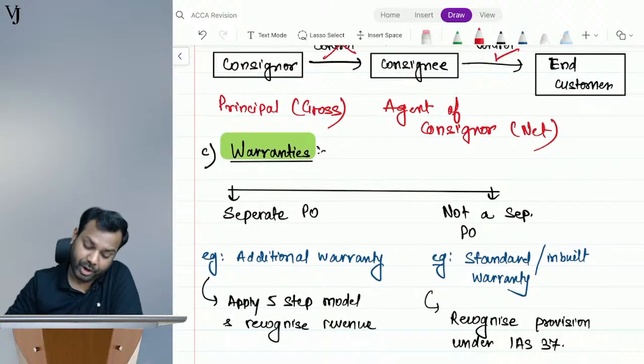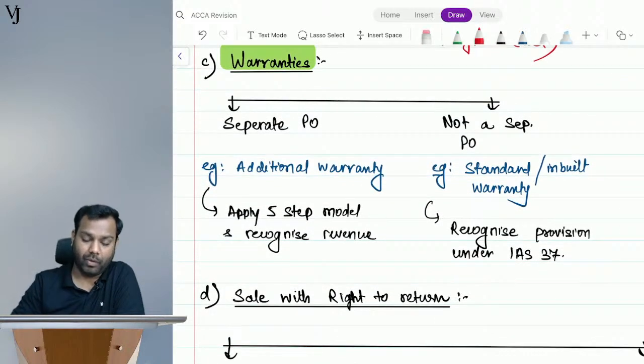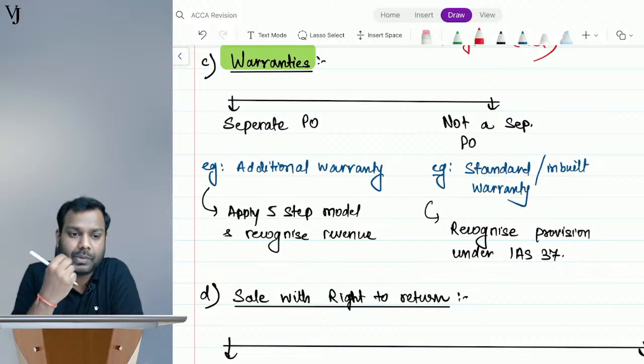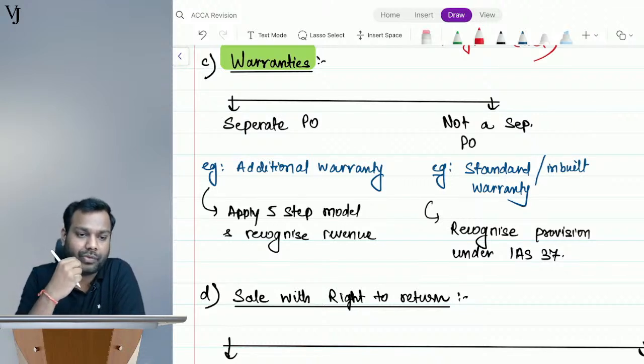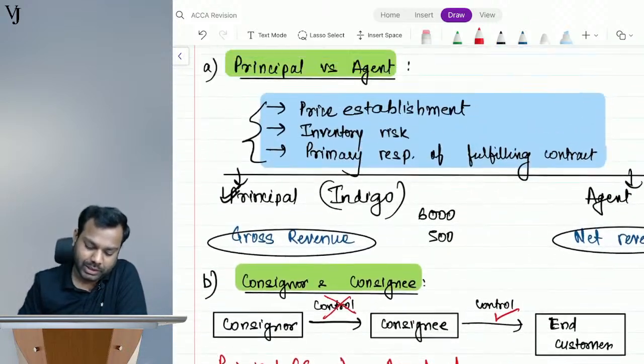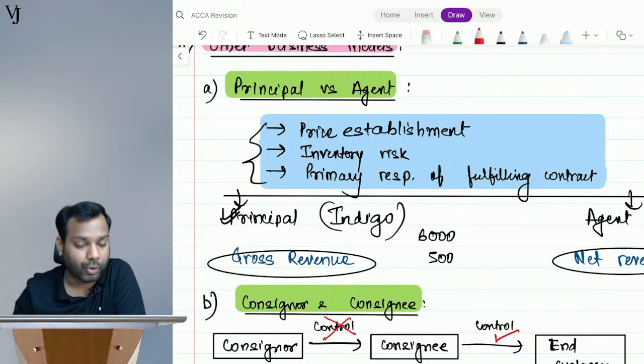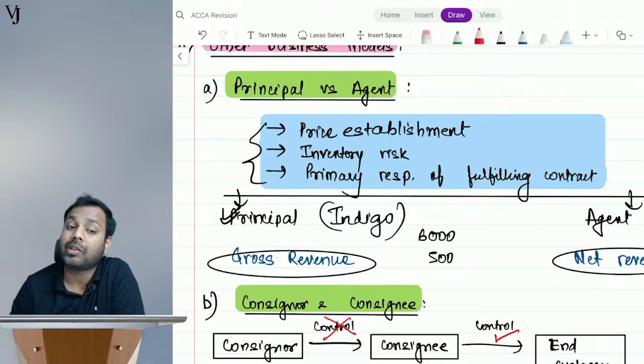Now, moving on to the third point, warranties. Guys, understand, the three conditions need to be fulfilled here as well. Understand, the standard doesn't say that all the three conditions have to be satisfied, or that it's all or any one. No, the standard doesn't say that. The standard says that you have to see the substance of the contract.